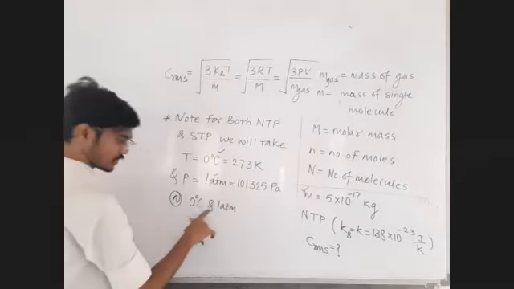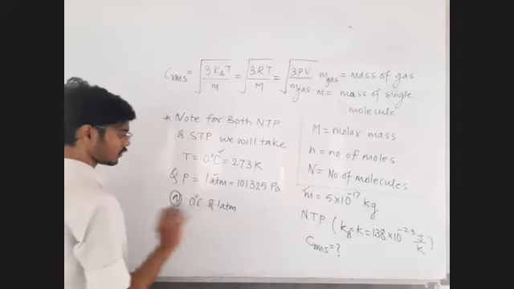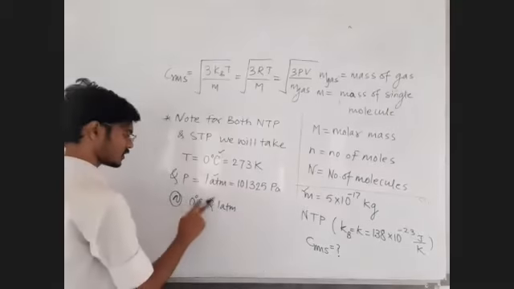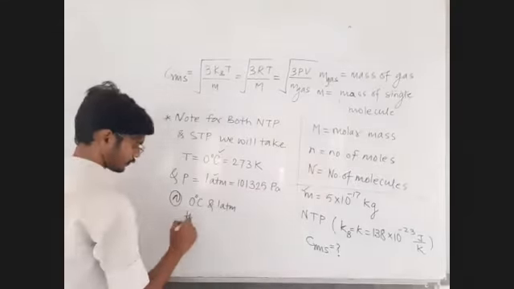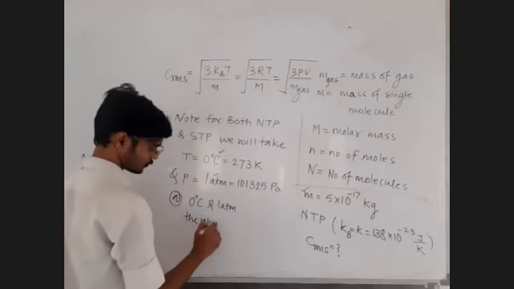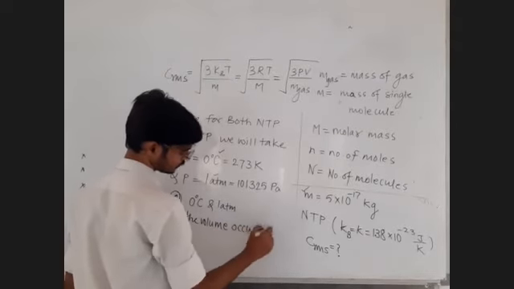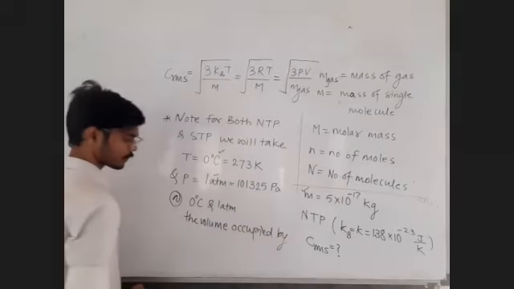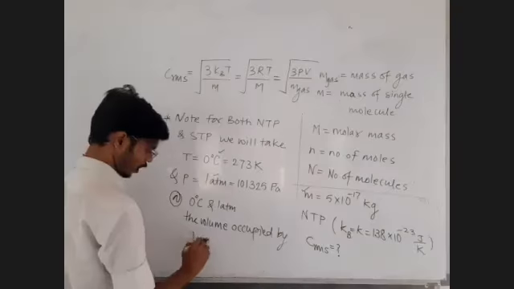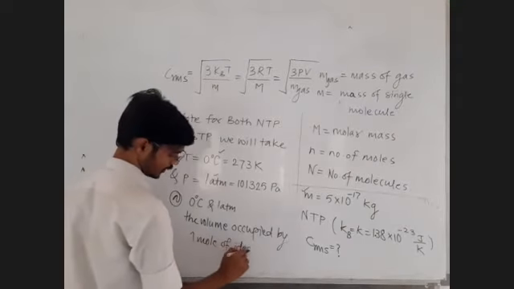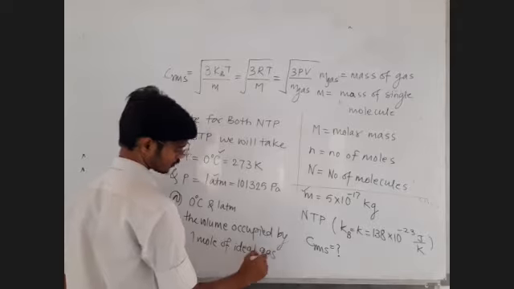I will not be confusing you between NTP and STP. At 0 degrees Celsius and 1 atm, the volume occupied by 1 mole of ideal gas is equal to